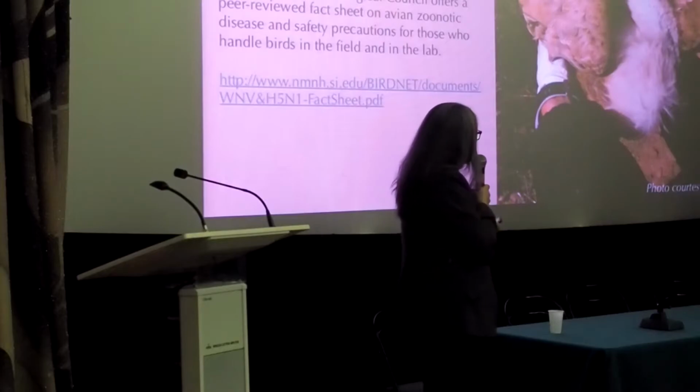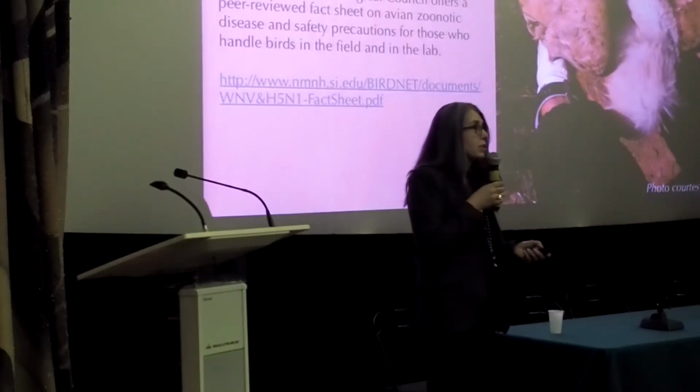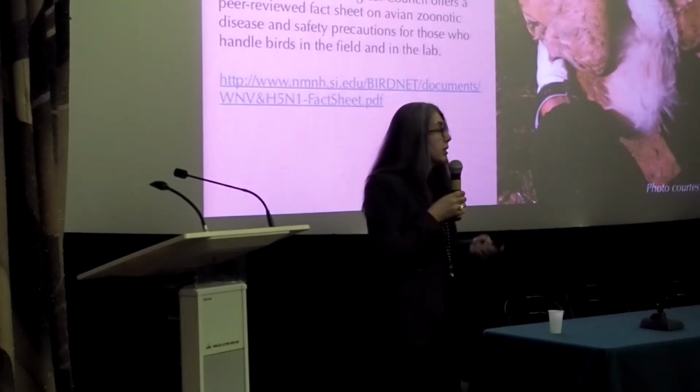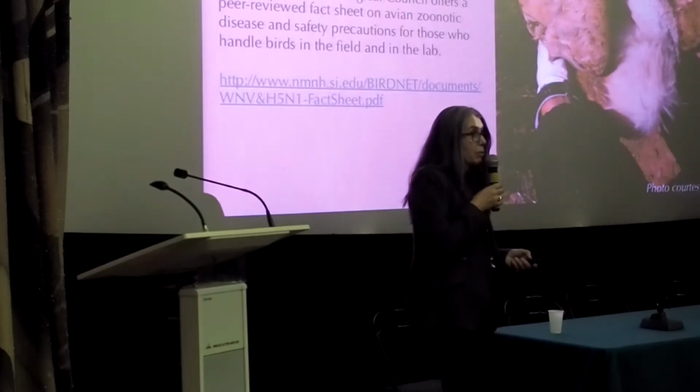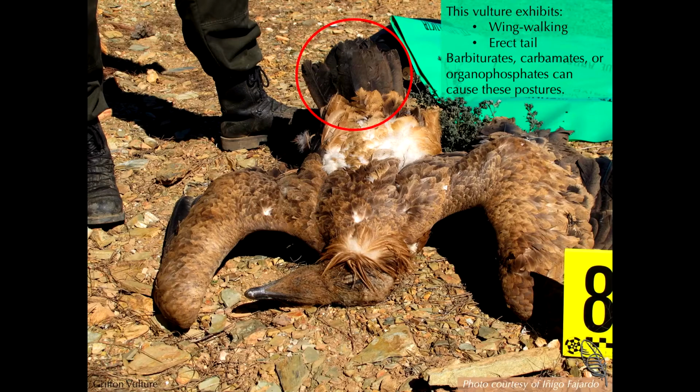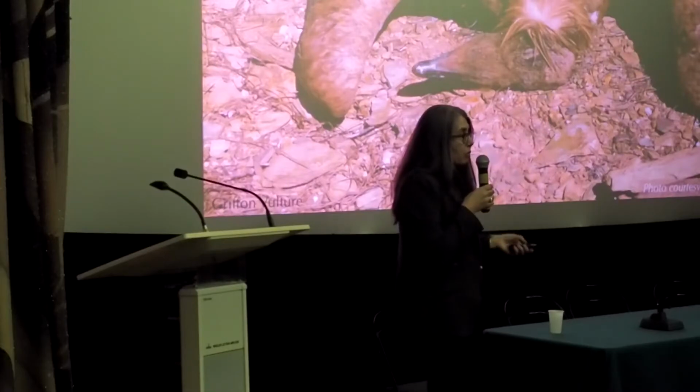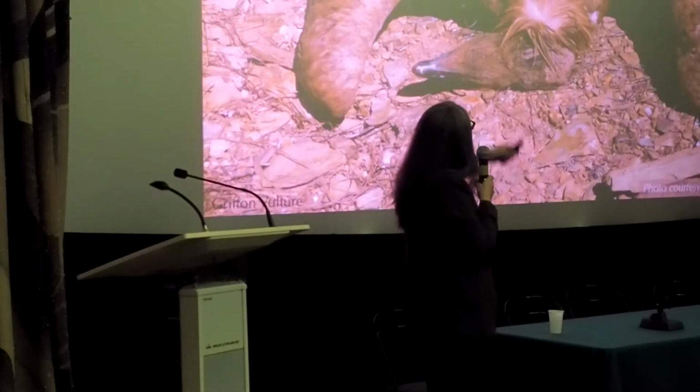Now, the reason I've got this one up here today is the position that a bird is found in can tell you a lot. In this particular position, this is known as sky gazing, and that's a sure sign it's been poisoned. Here's something even more dramatic that's called wing walking. And if you look at this vulture, the tail is up like a wren, and it died in this amazing position. And it can happen in various families of poisons, but for instance, it wouldn't happen if it was what we commonly call warfarin or the rodenticides, the anticoagulants, but it would happen with what's listed up there, barbiturates, carbonates,